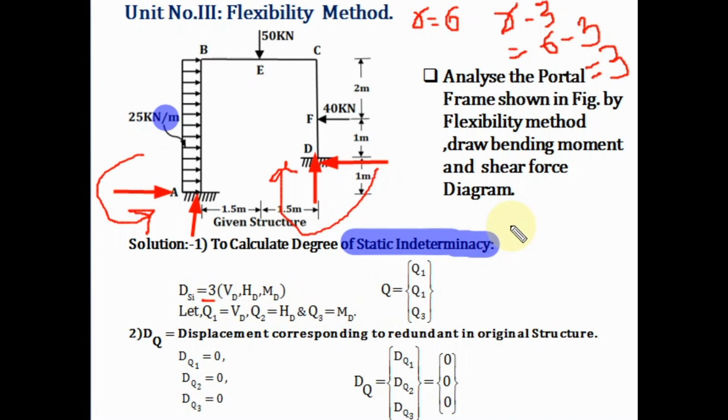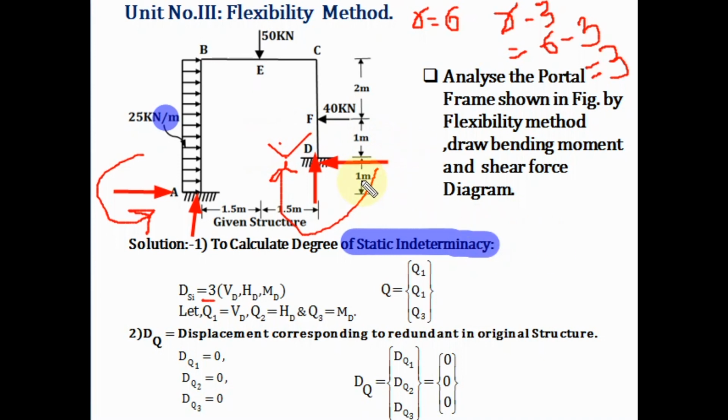Now we have already found that the degree of static indeterminacy is 3. Here we have to consider the redundant forces. Redundants are nothing but the unknowns, so we have to select them in such a way that this frame will remain stable. If you remove the support at A, then this frame will not be stable. So for that,